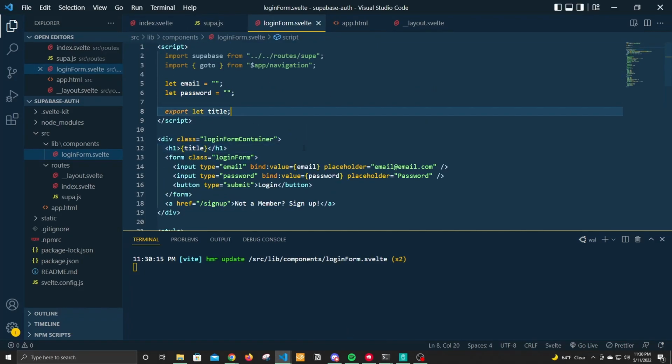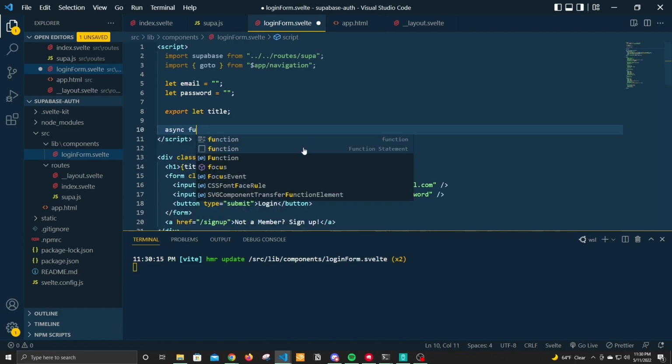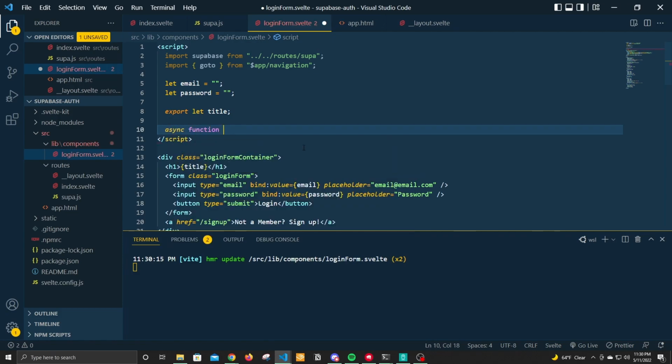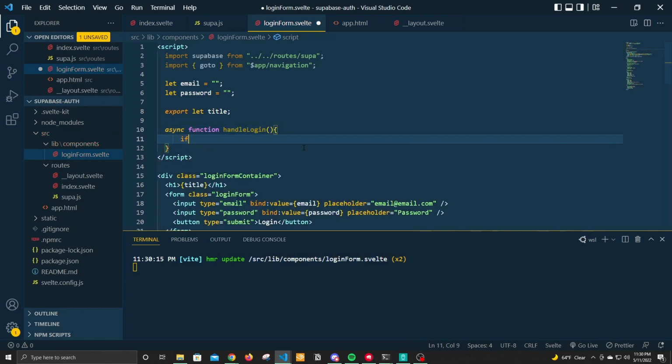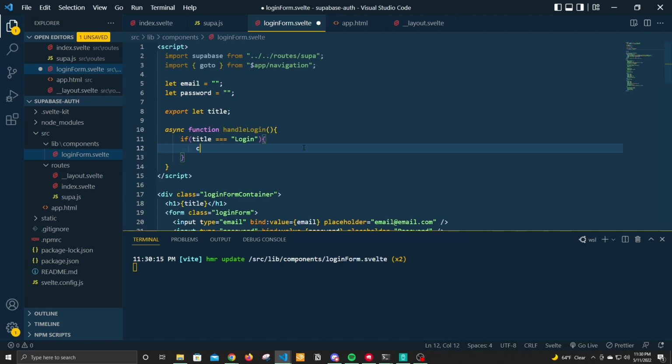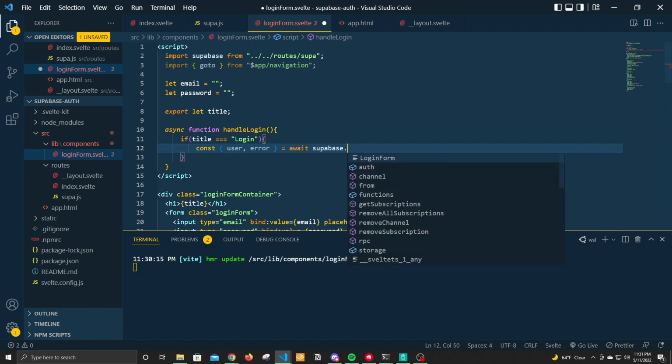So what I do is I'm going to set up an async function called handle login. And you'll see this title checking come into play here. So we'll do if title equals login, constant user and error, and that's going to equal await Supabase auth